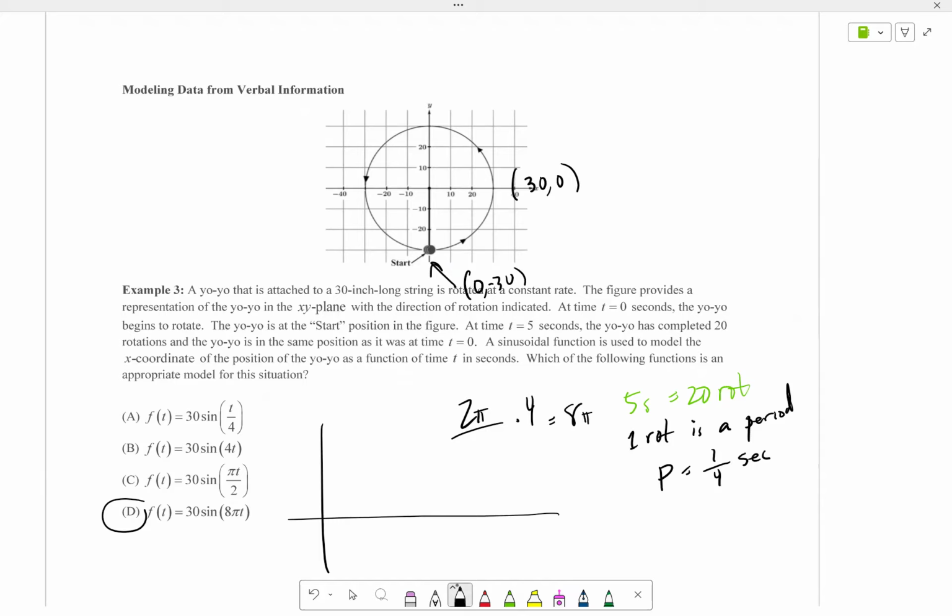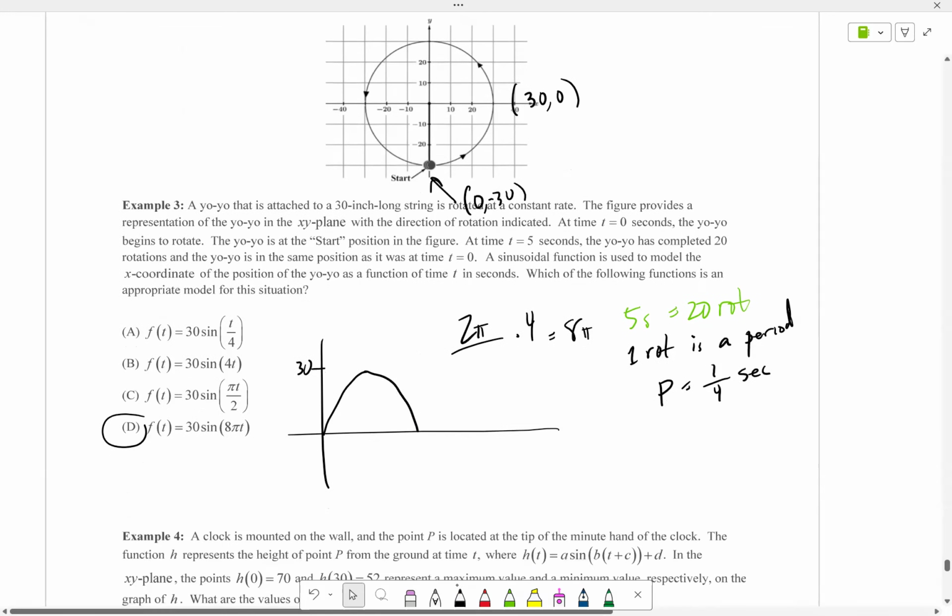And since we're tracking the x coordinates, that means our graph has to start at 0, which is a midline. Right? We're going from 0 to 30 to 0 to negative 30 for the x coordinates. Does that make sense? We're going up to 30, back down to 0, and then it's going to go to negative 30. And this happens when time is equal to